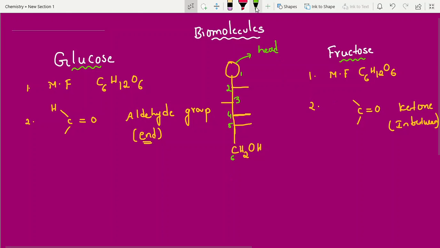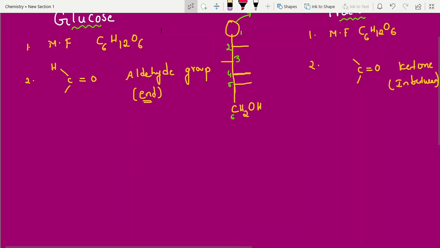Now I am going to write the structure of glucose once again. With the help of the skeleton we can write. First let me write the open chain form and then I will write the closed chain. Why closed chain? Because glucose fails to give some tests, sodium bisulfite and hydroxylamine. I already explained those points in part 1. Here I am directly writing the structure, students. This is C double bond OH, right? And second carbon, third carbon, fourth carbon, fifth carbon, sixth carbon, CH2OH, right?